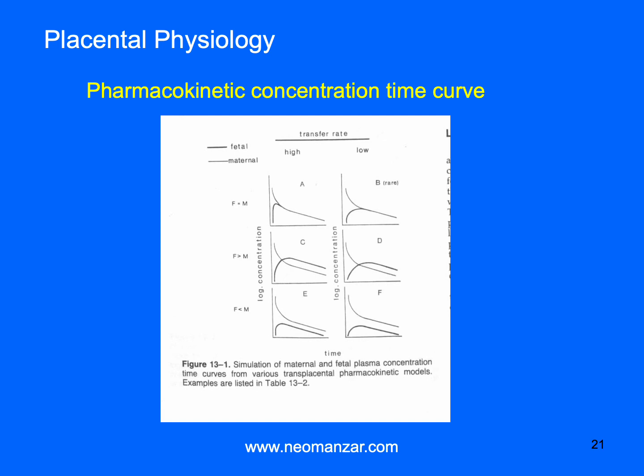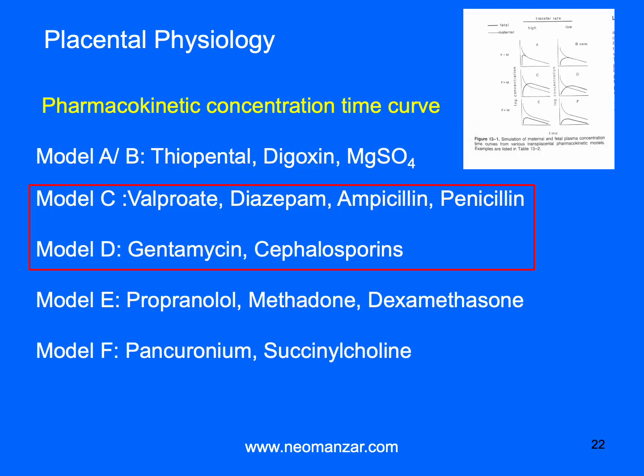This is basically for fellows. It is asked in exams that you have to remember which drugs cross the placenta faster and reach a level in the fetus higher than the maternal level. It's important for certain drugs. For example, with most antibiotics, after you give them to the mother, the concentration is higher on the fetal side, and the rest are different models. In anesthesia, thiopental goes faster as compared to the other muscle relaxants. This is important to remember because if a baby is being born and mom is already on MAG and receiving general anesthesia, this baby is probably going to have depression at birth because these drugs have crossed